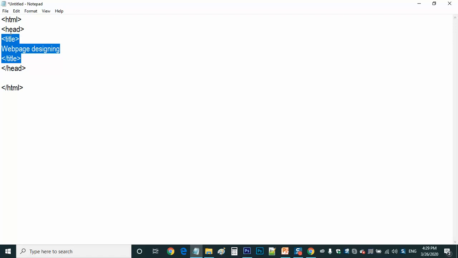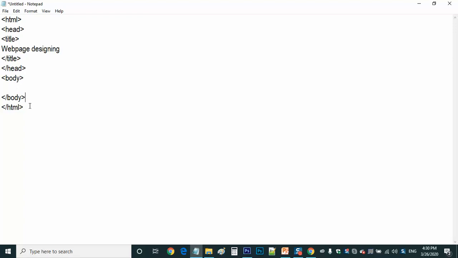Friends, please don't get confused here. First of all, just understand this code. I'm going to explain in the simplest way. Let me write one small code, then I'll show you the output properly. Then you will understand what exactly the code is doing here. Don't get confused. So that is the header portion. After this head part, we have something called the body of a web page. That body tag has to be closed.